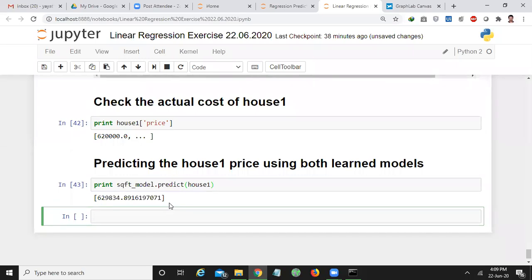How much is it? 6,29,834, somewhat near your actual cost. Am I right? Let us check the value with the my features model.